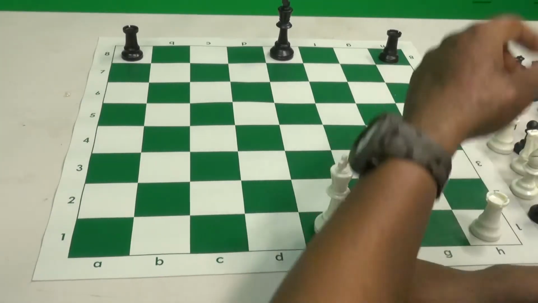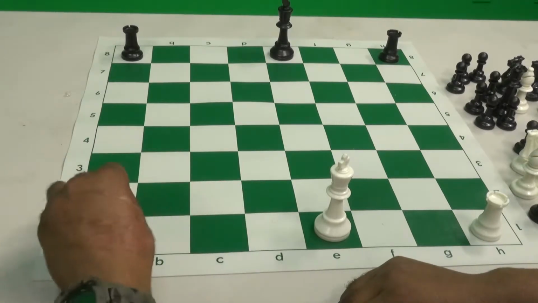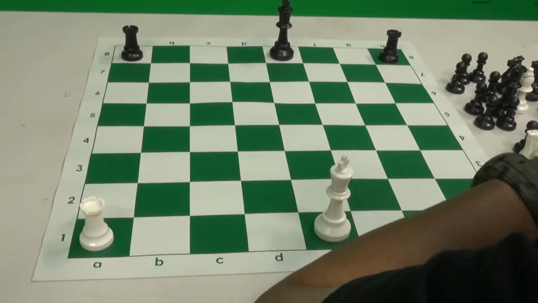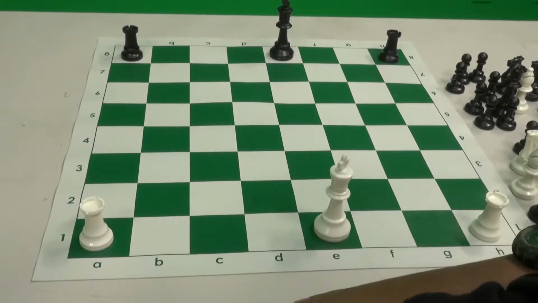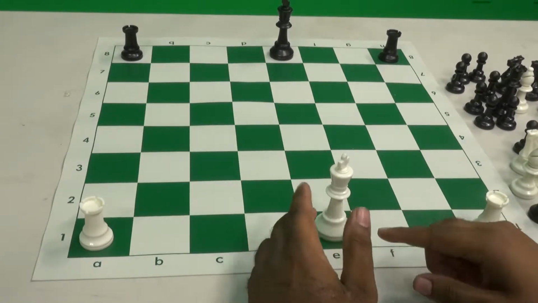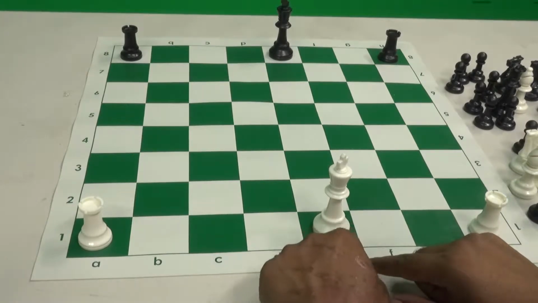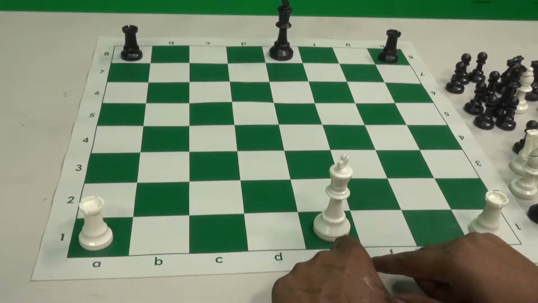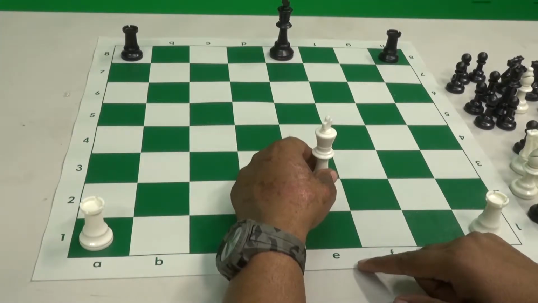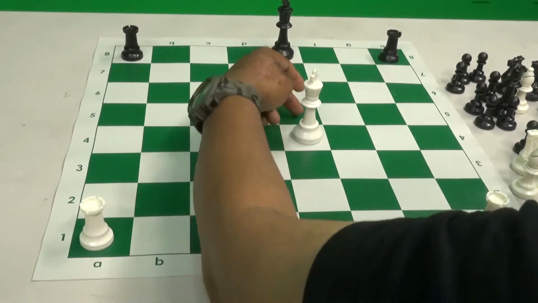As I said earlier, each piece, just like people in life, have a different skill set or a different ability. So kings start in the middle of the board on the E file. Kings can only move one square at a time, generally speaking. So if the kings are up in the middle,